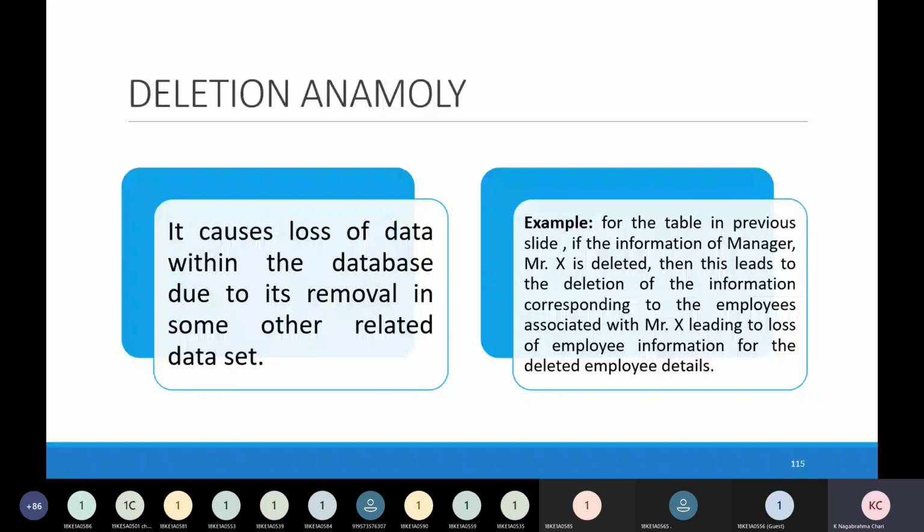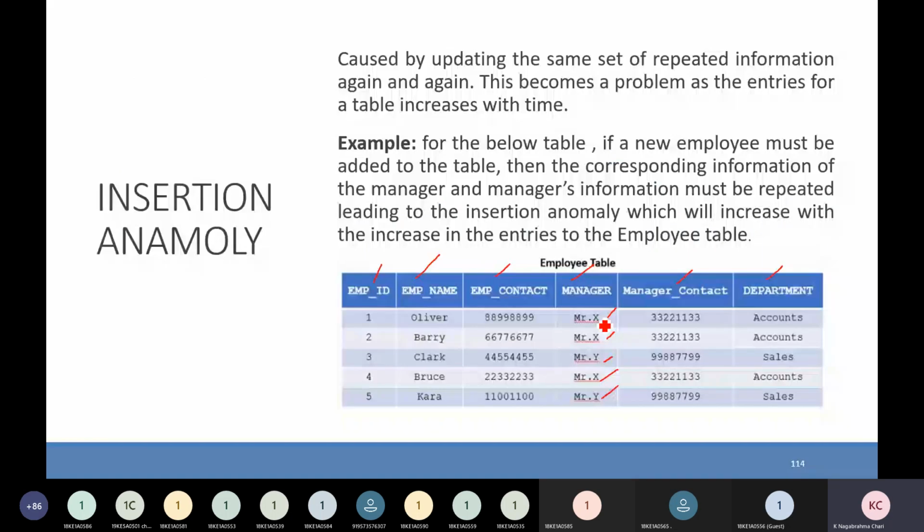Now, deletion anomaly. From this table, suppose I want to delete Mr. X and replace him with Mr. Z. Initially I want to delete Mr. X. If I try to delete Mr. X, then along with Mr. X, all the data of the employees is also deleted: the employee name and employee contact number.